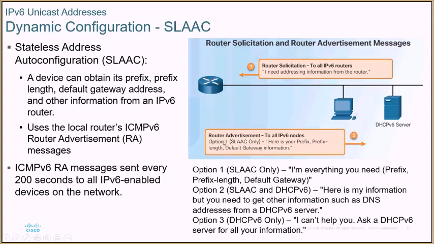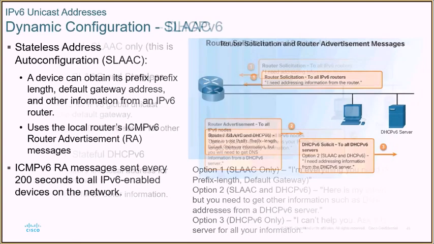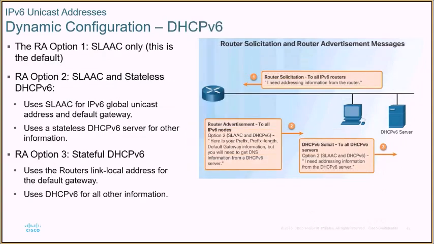And so that is another option. So if you want to set up a DHCP server, you actually have to set up the router to reply in the correct fashion to get a host to talk to a DHCP server. Again, when it's talking to a DHCP server, it doesn't broadcast because that doesn't happen in IPv6. It will send out a multicast that a DHCP server will be listening for. Okay, now